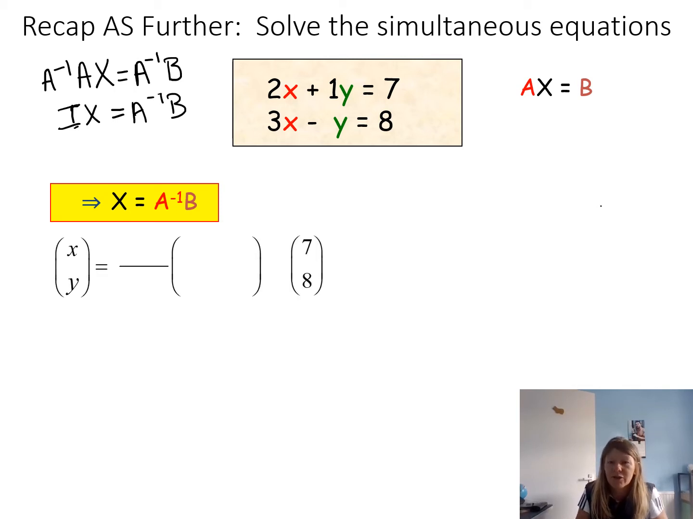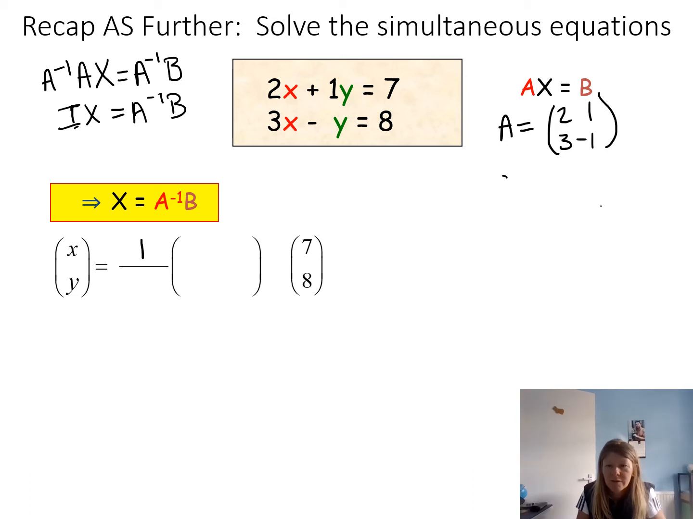Okay, this A matrix, what is this A matrix? Well, A equals just the 2, 1, 3, minus 1. Right, so if we're doing A inverse, we're going to find the inverse of a matrix, 1 over its determinant,